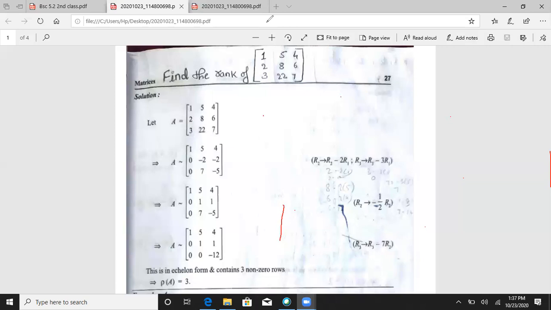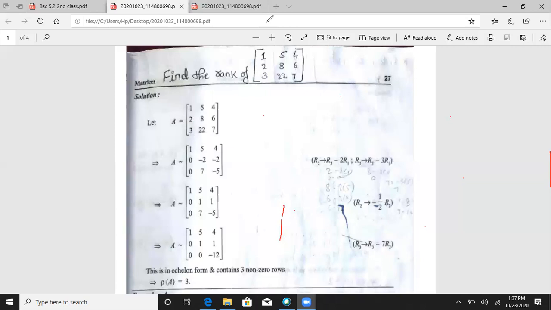See here, this is a 5 mark question. Reduce the matrix, which is 3 rows and 3 columns: 1, 2, 3, 3, 4, 5, 2, 3, 4, to echelon form and find its rank. In your exam, you will get this one: reduce the matrix to echelon form and find its rank.